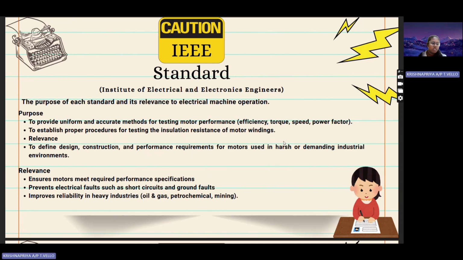The third one is IEEE 841. Its purpose is to define design, construction, and performance requirements for motors used in harsh and demanding environments. It is relevant to improve reliability in heavy industries like oil and gas,